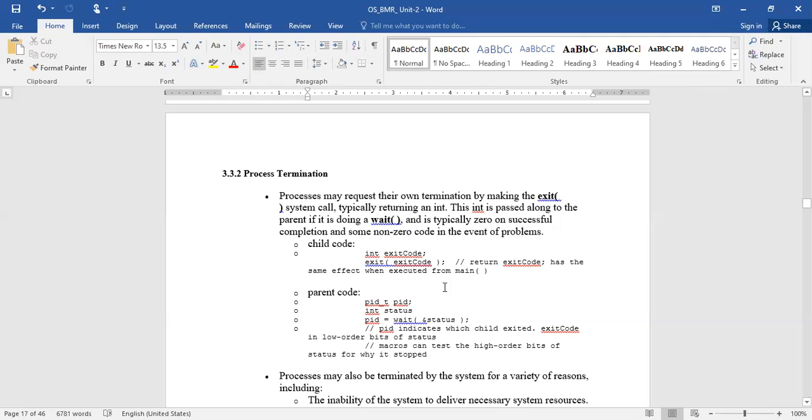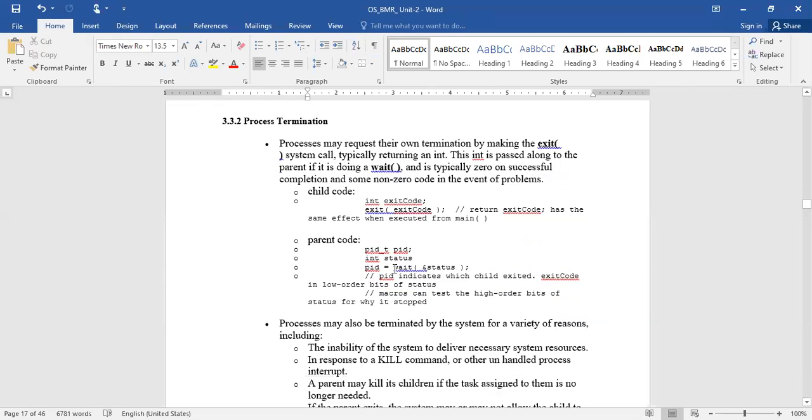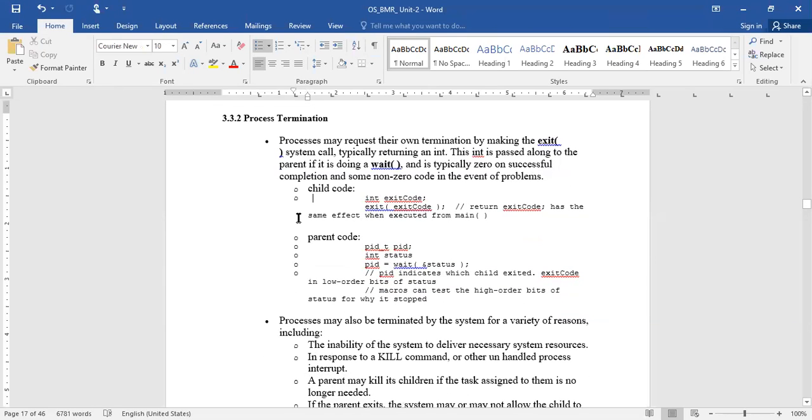So if it returns a negative value, what does it indicate? The process has terminated abnormally, right? Due to some technical problems, or maybe it was terminated. So in such cases, it returns a non-zero code. Right? Here you can observe the exit system call for the child: exit of exit code.